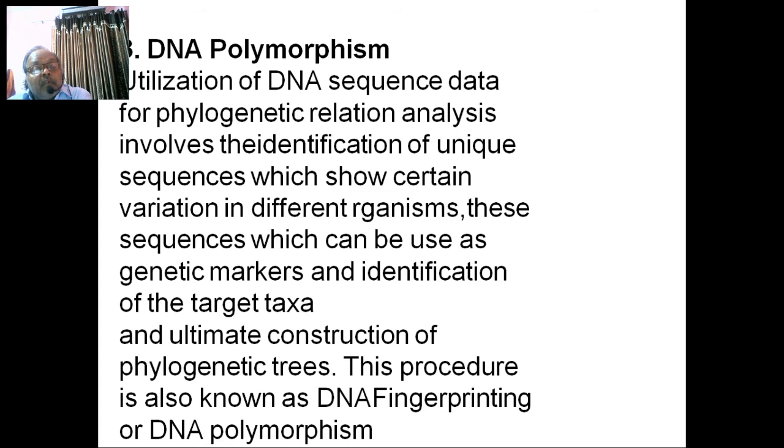Then DNA polymorphism is also being used. Utilization of DNA sequence data for phylogenetic relationship analysis involves the identification of unique sequences which show certain variation in different organisms. These sequences can be used as genetic markers for identification of target taxa and ultimately for the construction of the